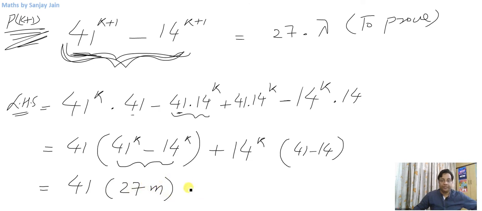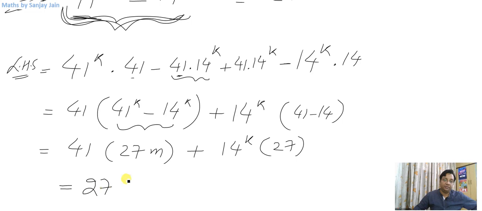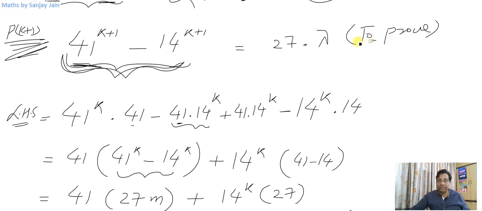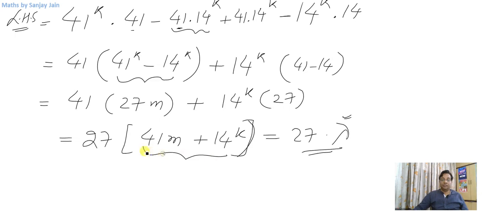So this is, as per statement number 1, I can write it as 27m, right? And here I've got 14 raised to power k into 27. So if you now notice, I can take 27 outside because it is present in both the terms. So I'll have 41m plus 14 raised to power k inside. So yes, it is some multiple of 27. Hence, I can see, now this lambda is any constant. It is not that the value of lambda will be this exactly. You could have taken some k, m, n, p, anything here, right? But if I assumed this to be lambda, then yes, this is what I have arrived at. So it is this multiple of 27.